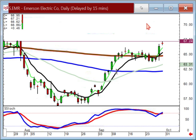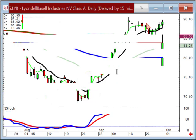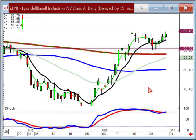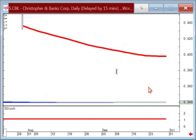What was that? EMR. All right. And LYB, another essentially a day hook pattern breakout about ready to occur. Another one that I'd be ready to do some calls or call spreads, even with the market kind of is,